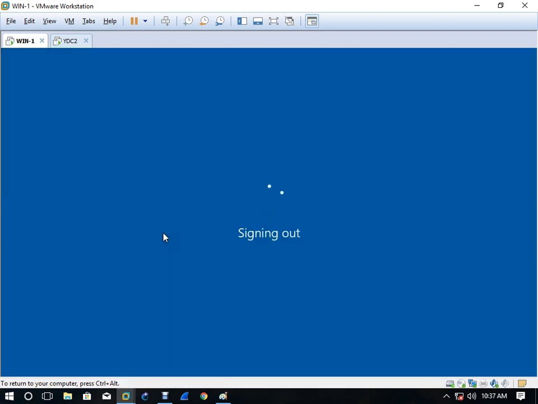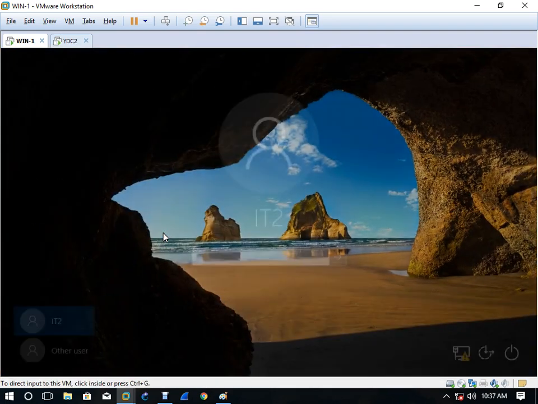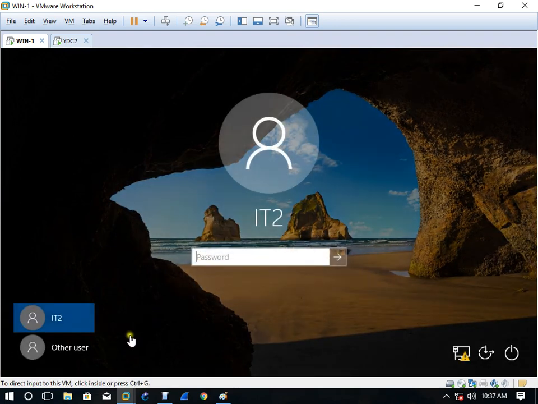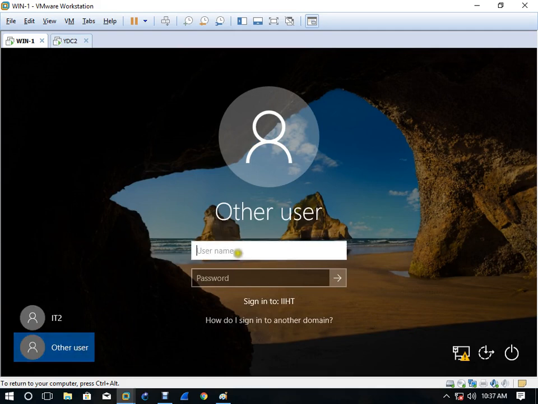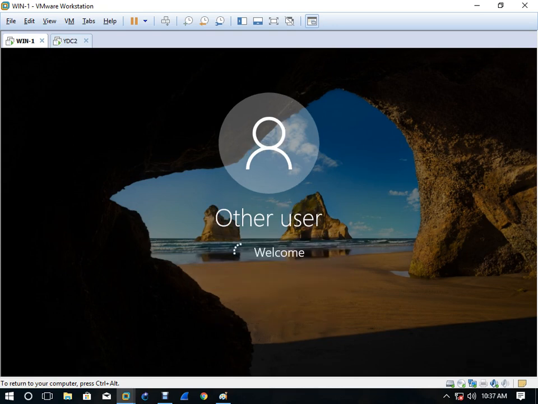Okay, now tell me, if I try to log in with IT1, right, will it work? If I am trying to log in with IT1, do you think that it will work or not? Anyone? If the server is down and I'm trying to log in with IT1.